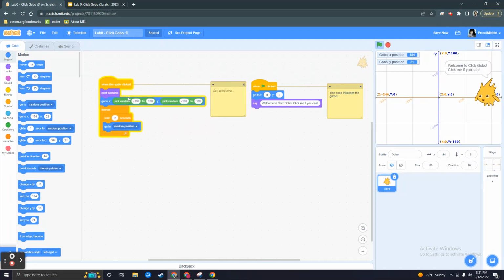This code, when the sprite is clicked, is going to go to a random position, and then it's going to keep going to random positions. And I can keep clicking him. Click, click, click. This code makes Gobo go to random positions. So these are just notes that let the teachers know, let yourself know, let your friends know, let people